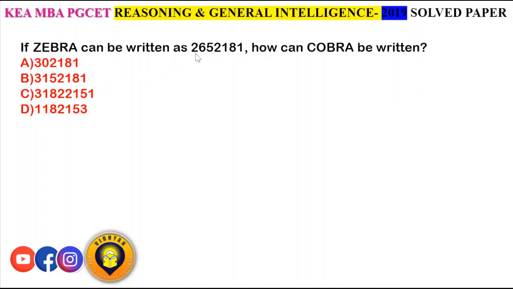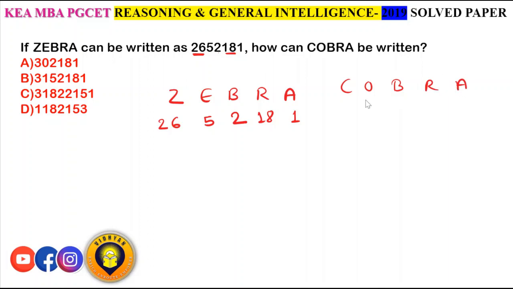This is actually read as 26 5 2 18 1. Why? Because that is the place value. So Z place value is 26, E place value is 5, B place value is 2, R place value is 18, A place value is 1. So similarly, if you write the place values